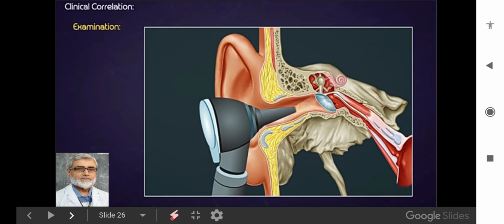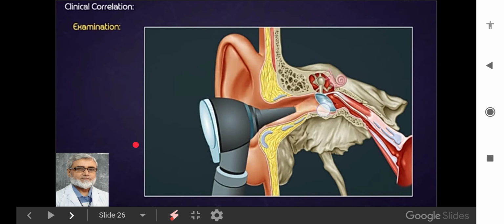Come to the next. While examining the tympanic membrane with this instrument, I can examine the internal structure of the innermost area. Just see anterior and lateral, the 2 recesses, superior and inferior recess, and just lateral to this area is known as the isthmus, the narrowest part of the external auditory meatus.